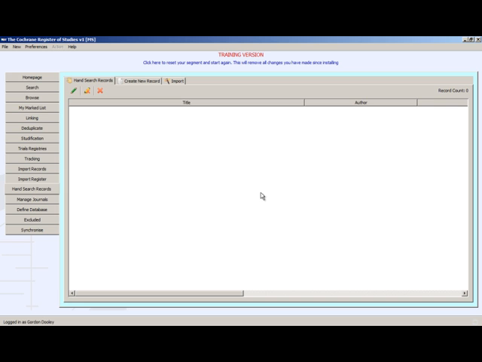In this video we're going to look at importing hand search records into the CRS and sending those hand search records off to the hand search group. The method of submitting hand search records to Central has changed with the introduction of the CRS. The way that it works now is that you import your file of hand search records into your local copy of the CRS and simply synchronize, and those records are automatically sent to the hand search group where they get